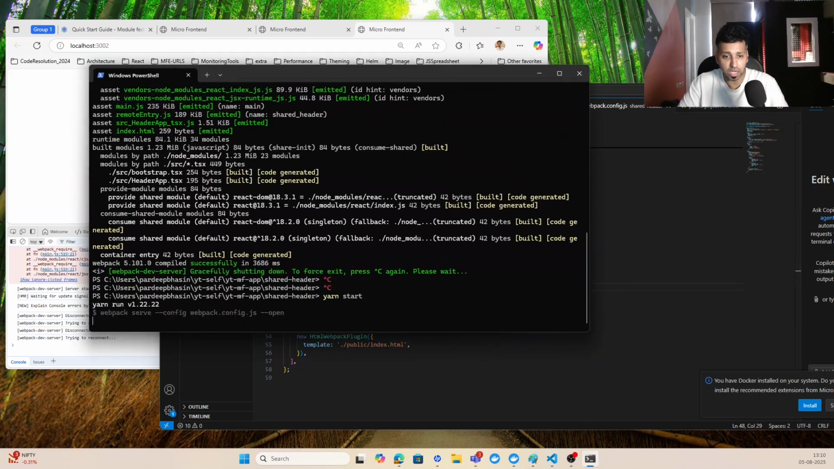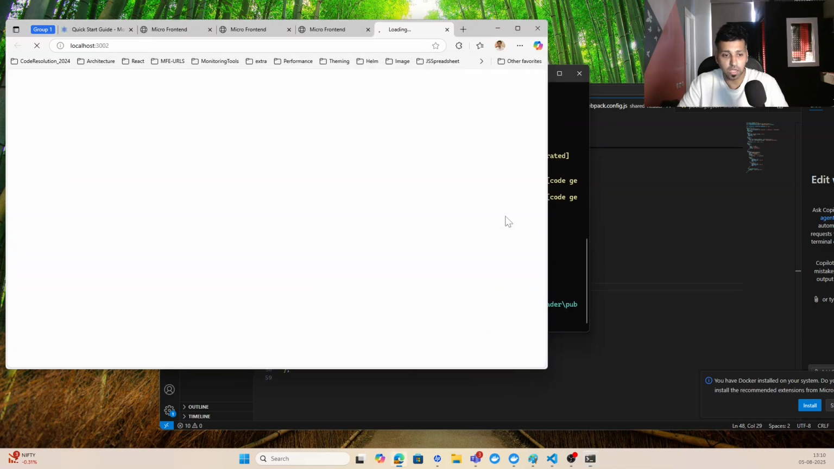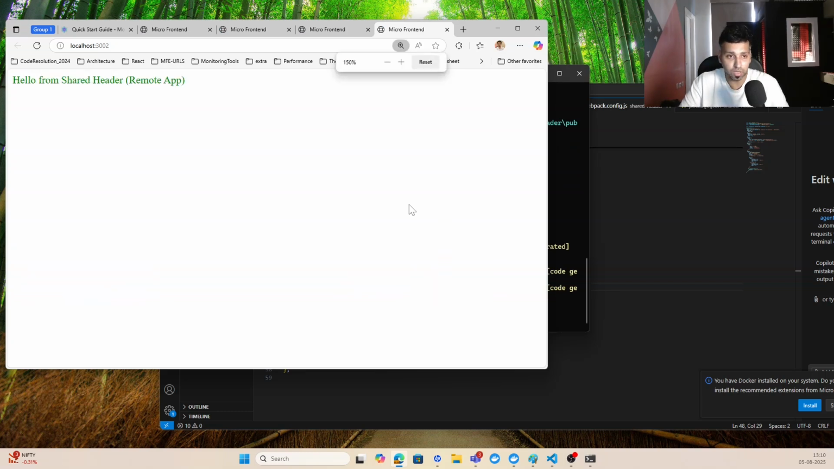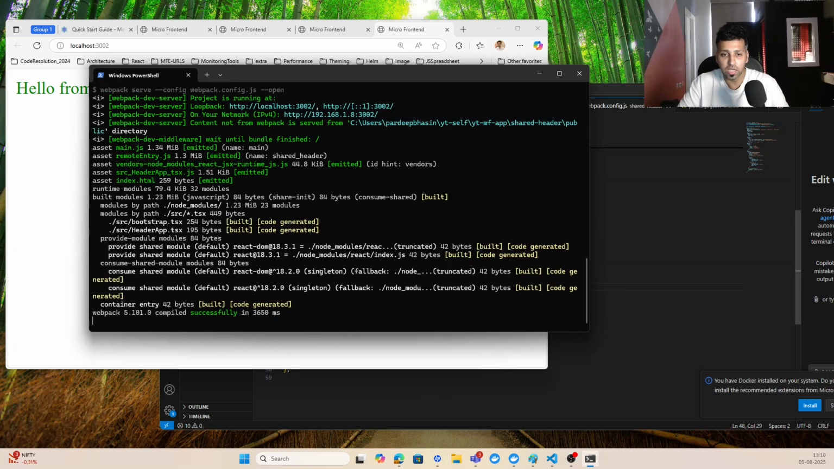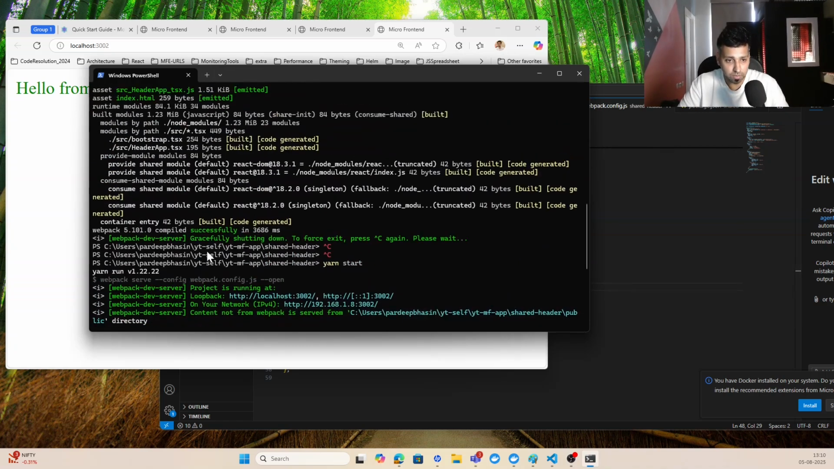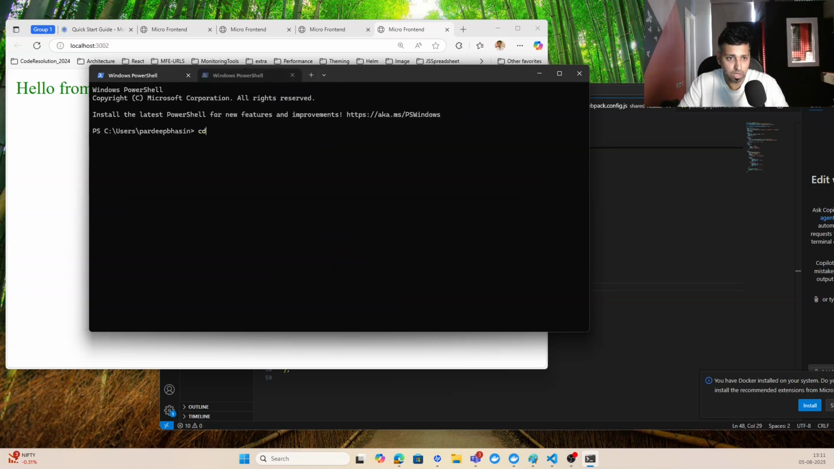So let's do the other things, right. Now it's time to run yarn start again. Okay, now I have started yarn start. Let's see the output. Okay, hello from the shared header. Let me zoom it more. Okay, so you will see the application that we have built. This is a child micro front end that we built. Now what I'm going to do is I'm just copying the path, go here,